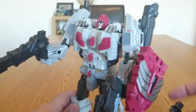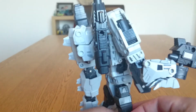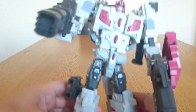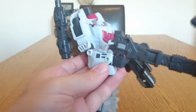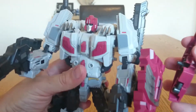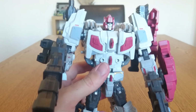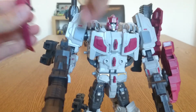Then I popped these little guns here. Did I put them on the side here? Yeah, you can pop them on the side of his leg like that if you want to, on either side. Alternatively, you can put one on here as well if you want to, like that. And with these ones, what I did is I ended up popping them on here like that. They don't hold on quite as well, like that. And then on the other side,